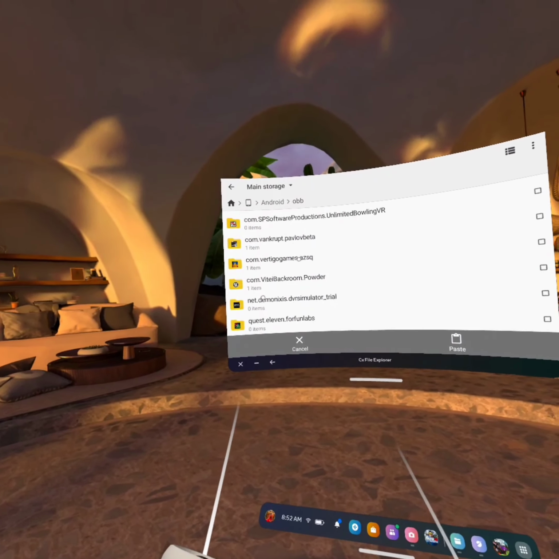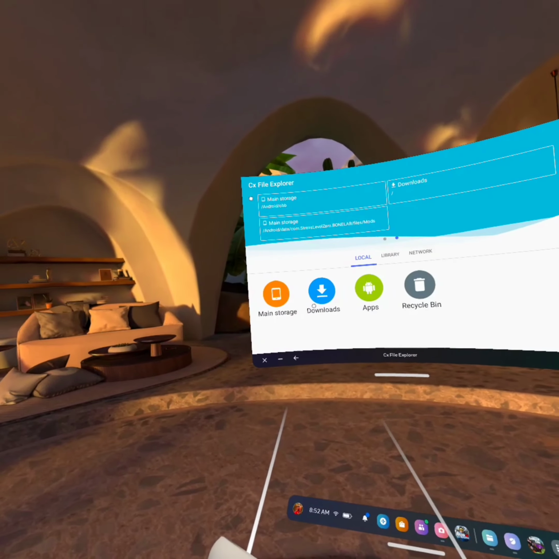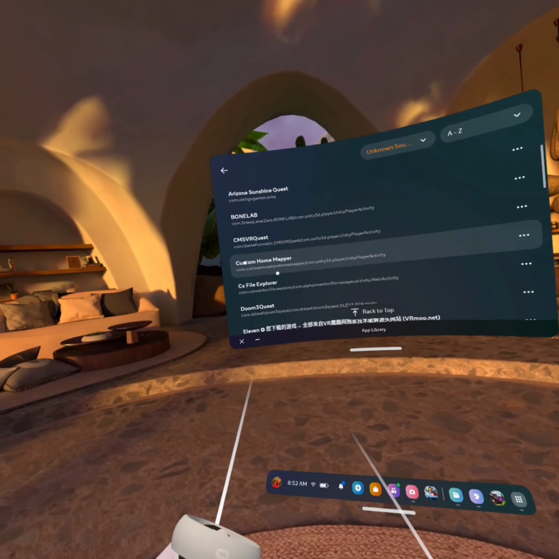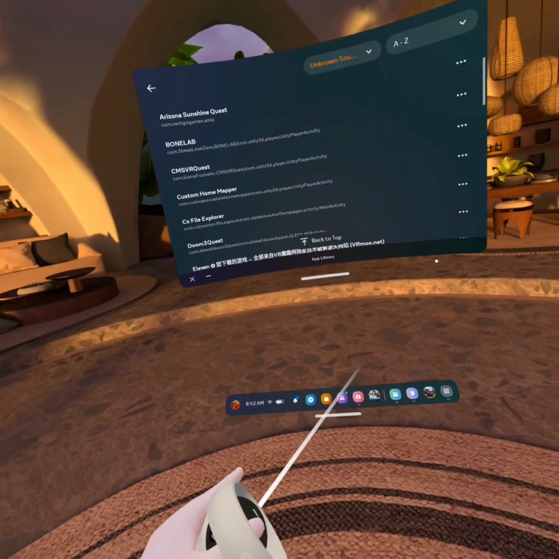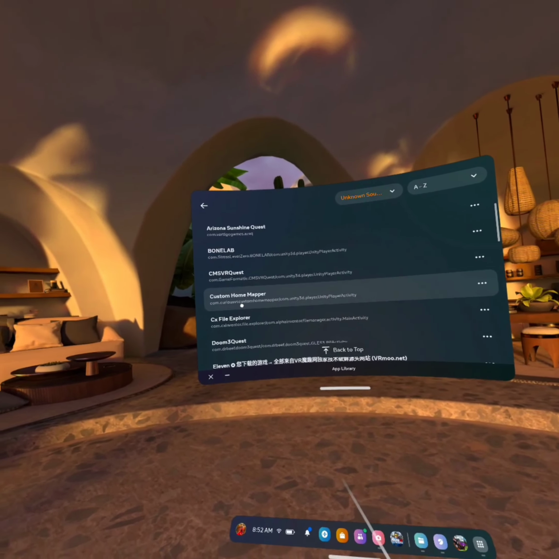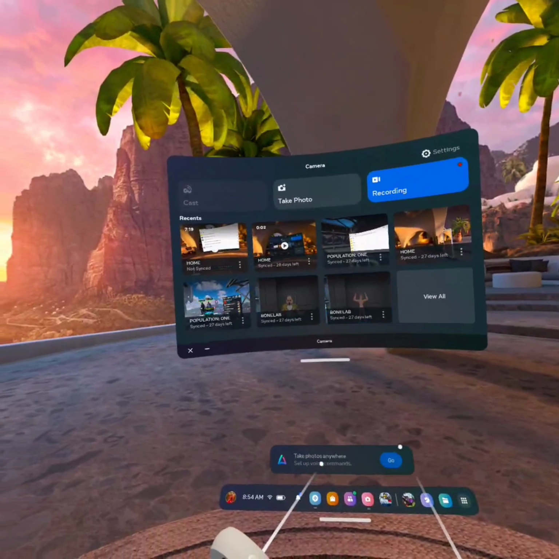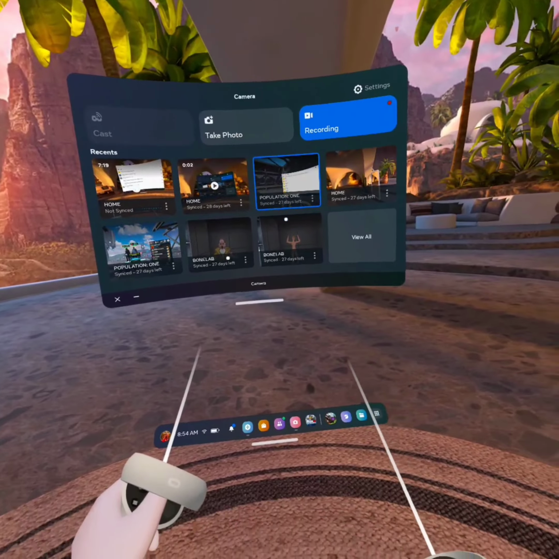If you do not find the OBB folder for it, you're gonna want to open the bonelab, and then once you open it, power off your headset and power it back on. Like this, so you're gonna want to open the bonelab, and then it should just load basically infinitely. But if you just power off your headset and then power it back on, everything's alright. So now that you have your Quest powered back on,